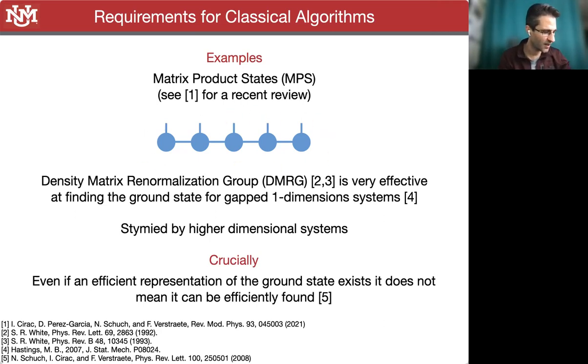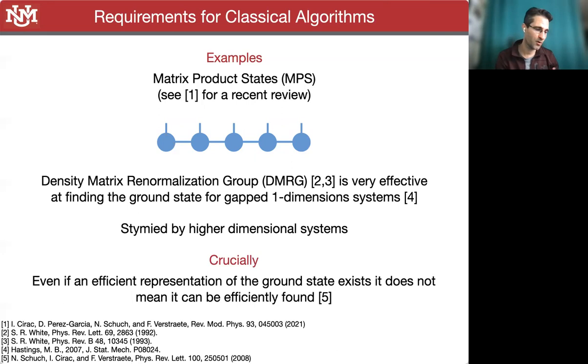The way to think of it is that the quantum state is represented with this product of this rank 2 tensor times this rank 3 tensor, rank 3, rank 3, rank 2. And the size of your representation depends on the range that you allow these indices to run over, which is sometimes called the bond dimension. With these representations, you then have algorithms like the density matrix renormalization group algorithm, or DMRG for short, which